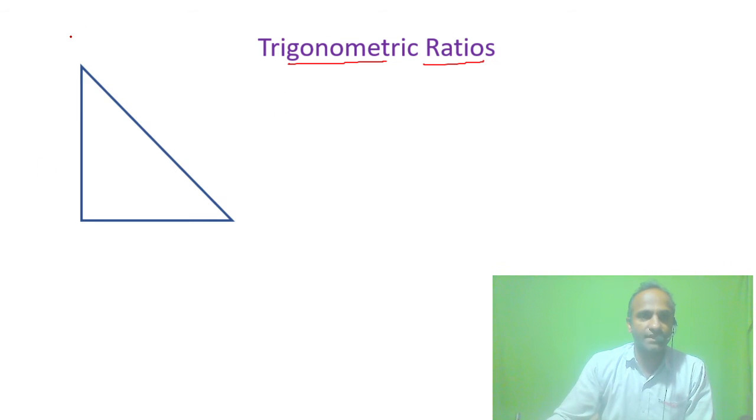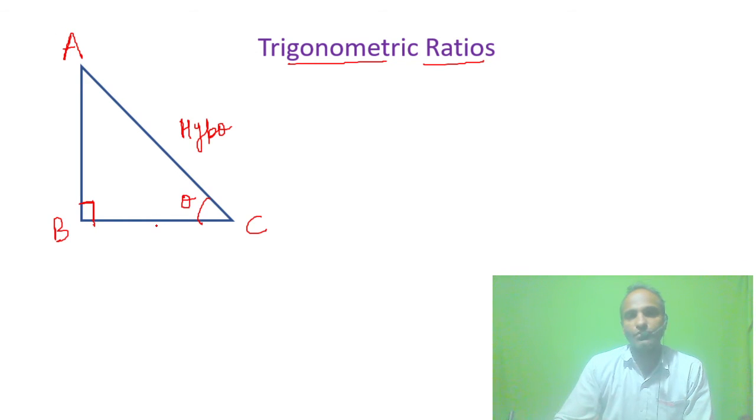Now this is a right angle triangle. We will name it as triangle A, B and C, in which angle B is 90 degree. You all know the side opposite to 90 degree is the hypotenuse. I will name it as hypo, and we will include one angle, say theta. Now one thing you have to keep in mind, the side in which the 90 degree and the angle are included is called the base, and the side opposite to theta, this angle, is called the perpendicular or height.